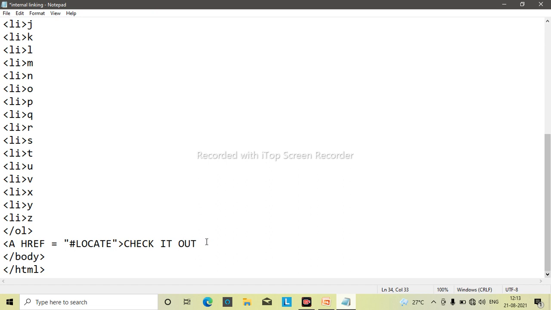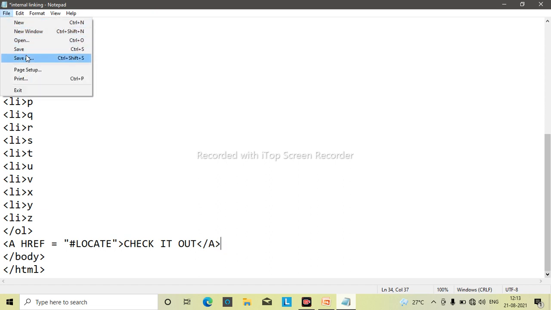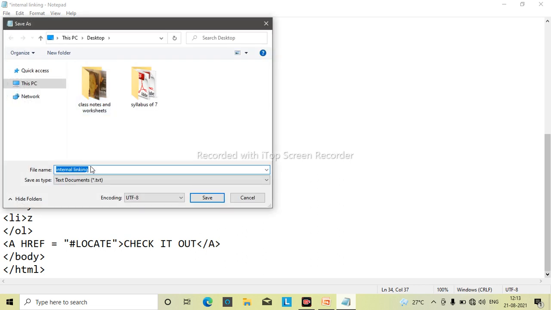Then check it out. Let's write something as a text. This is the syntax. Now it is correct. As I did previously, please don't do like that. You have to do like this. Understood?